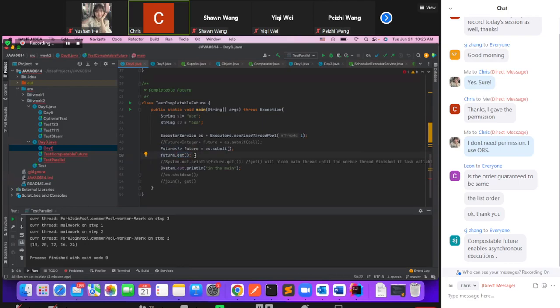But remember, this get method is a blocking method. That means your main thread will be blocked here until the worker thread finishes the job and the future object is ready, and then your main thread, after it gets the value from the future object, can resume